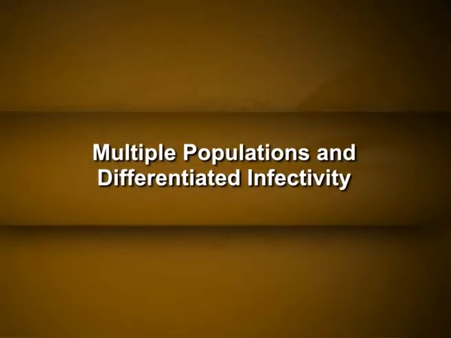Studying realistic immunization issues requires using more complicated models. Disease dynamics often are different among different age and social groups, and so often each of the small s, small I and small r groups must be broken into subgroups. A model might break the population into several groups by age, sex or other factors and be used to determine which groups should be targeted in an immunization campaign. Multiple populations and differentiated infectivity.